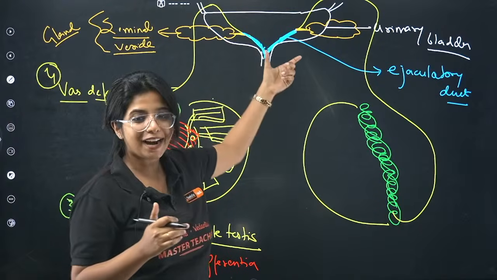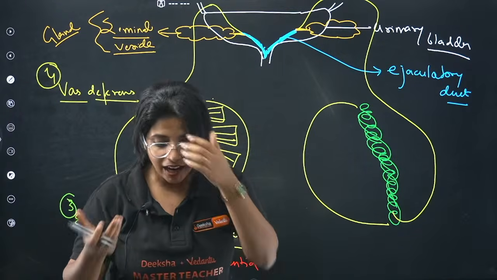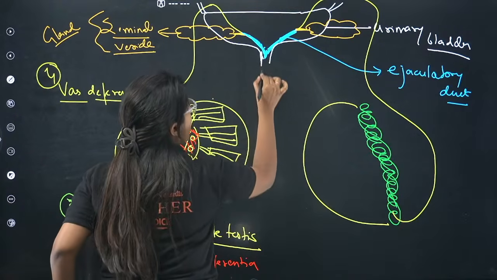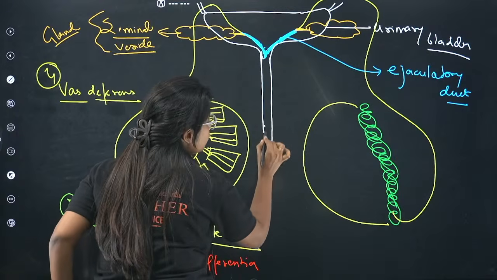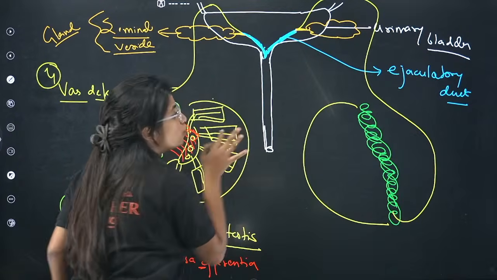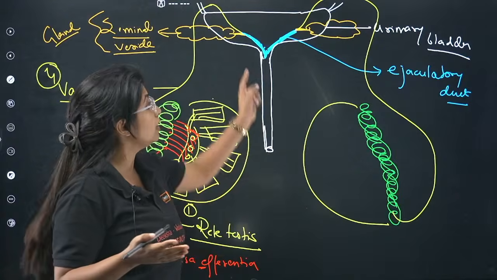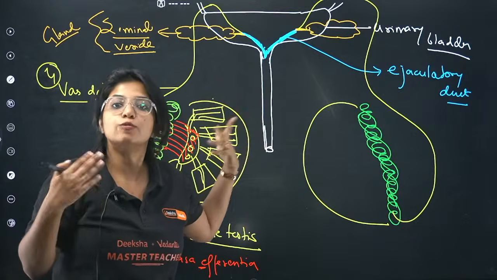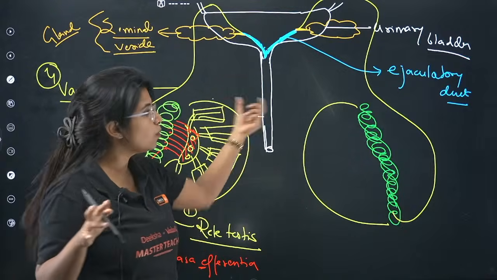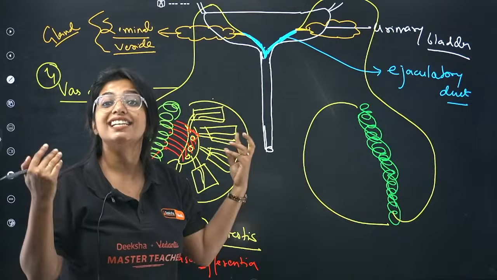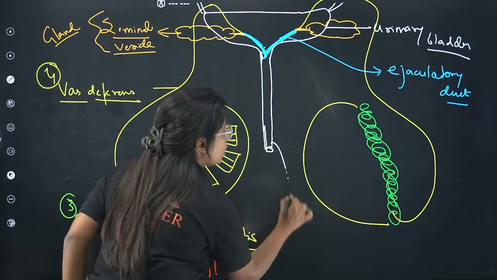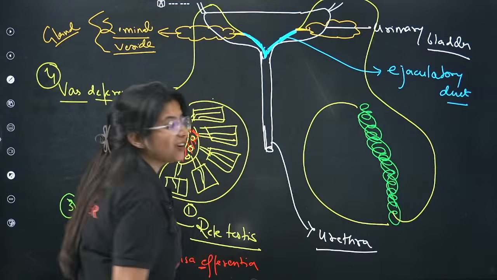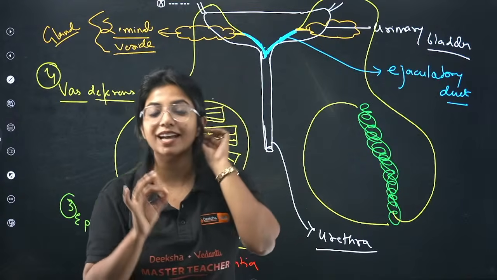Listen, you had the urinary bladder. What does it store? It stores the urine, and urine needs a place to move out. It cannot be there forever. So basically, you have the urethra, where finally the urine is going to move out. Ma'am, but we were talking about sperm, now you're talking about urine. Yes, I am talking about urine and I'm also talking about sperm. So do you mean that both the sperm and the urine travel the same way? Yes. In the case of males, you have a common passage for urine as well as the sperm, which you call as what? Urethra.